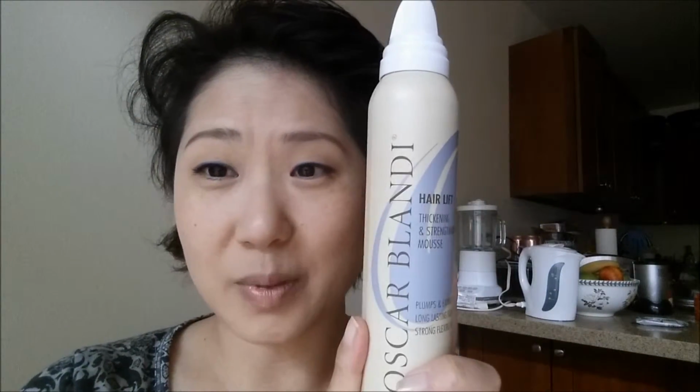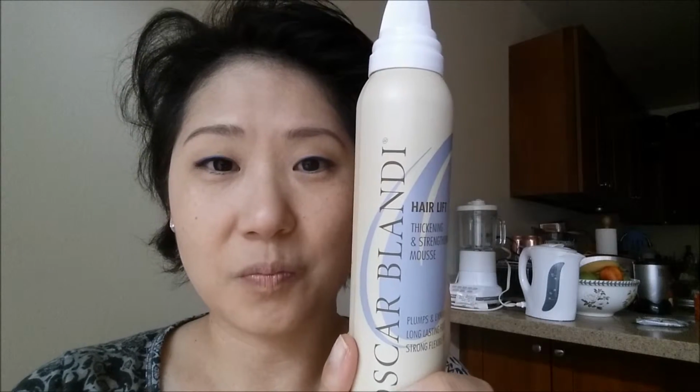The last favorite that I have, oh no, I'm sorry. I have another hair favorite. It's this. And guess where I got this from? I got this as one of the Ipsy Glam packages in May, which is last month. And when I saw this, I was so happy and so excited because, oh my gosh, this is a full size